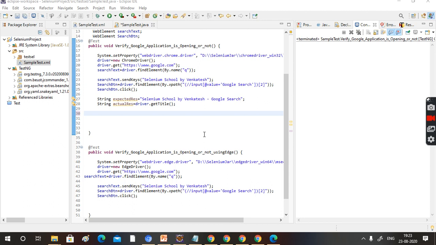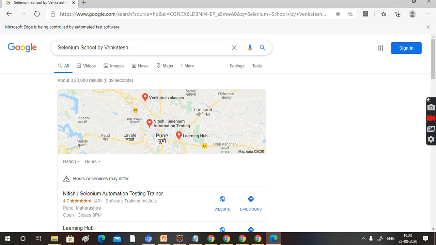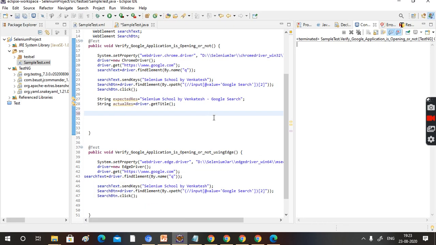Welcome to the object identification technique part 3. We want to verify that after entering "Selenium School by Venkatesh" and clicking on the search button, it is displaying the results and the title is something like "Google search". We have to verify whether this is the expected result. We are also expecting, and we also need to verify, that the application is displaying it or not. How can we verify it? We can do that with the help of this